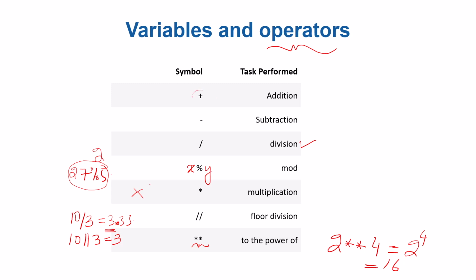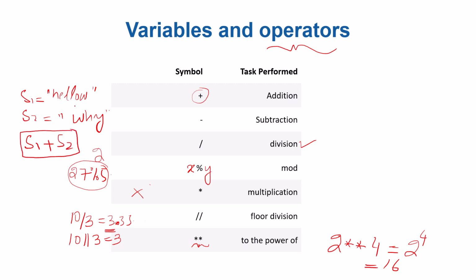Even this plus is used for strings. Now think, for example, if you have a string, let's say hello, and you have another string, for example, let's say this is string s1, and you have another string, let's say s2, which is y, then Python allows you even to add these kind of data types. Although some don't make any sense,